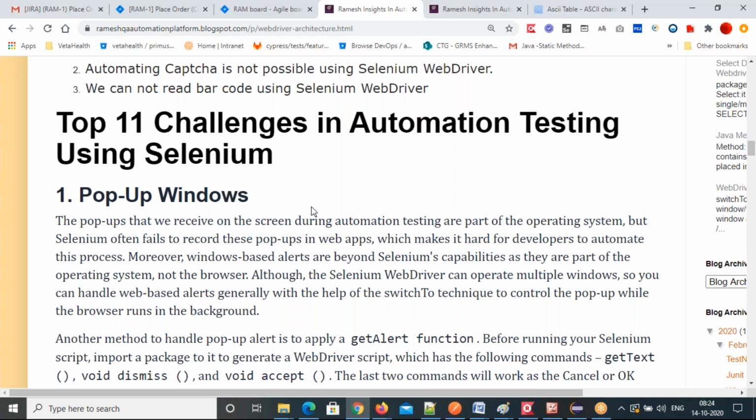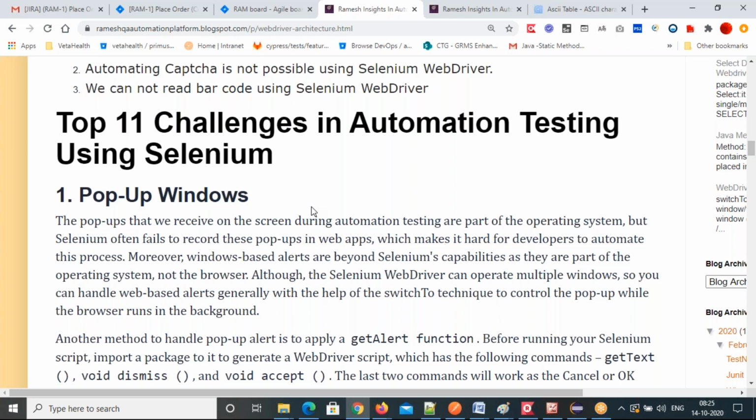The first one is pop-up windows. The pop-ups that we receive on the screen during automation testing are part of the operating system. But Selenium often fails to record the pop-ups in web applications. When window pop-ups come, it is not going to recognize them properly. That is the challenging task.